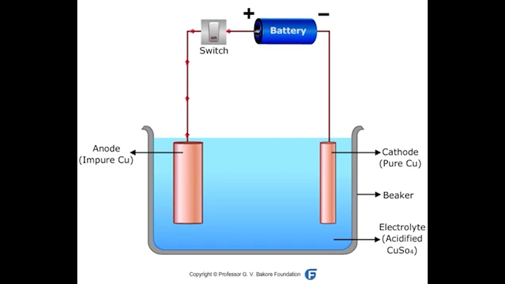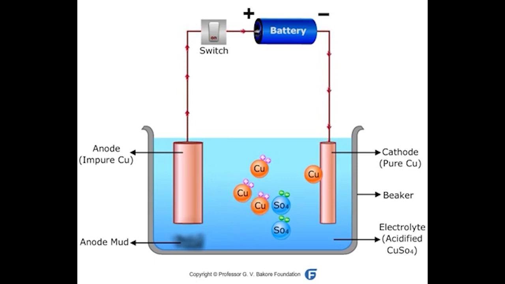When the current passes through the copper sulfate, the electrolyte dissociates into its respective ions, copper 2+ ion and sulfate 2- ion. At the anode, the copper atom loses 2 electrons to the anode and changes into copper ion, which comes into the electrolyte. The copper ions from the electrolyte get attracted towards the cathode. They gain 2 electrons from the cathode and turn into copper atoms.